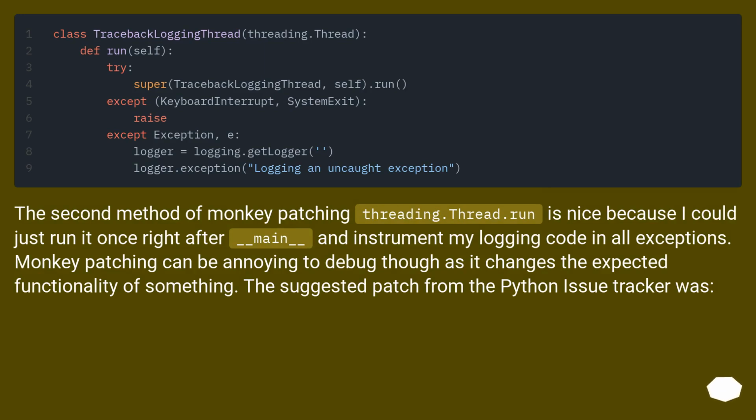The second method of monkey patching threading.Thread.run is nice because I could just run it once right after __main__ and instrument my logging code in all exceptions. Monkey patching can be annoying to debug though, as it changes the expected functionality of something. The suggested patch from the Python issue tracker was